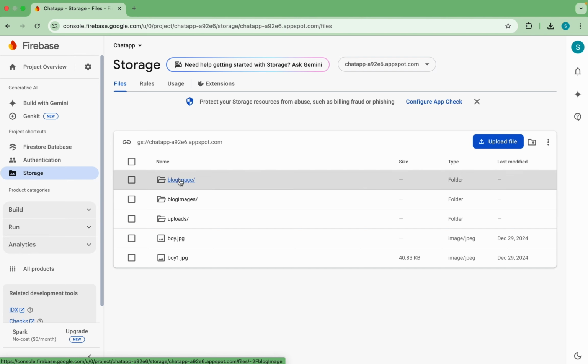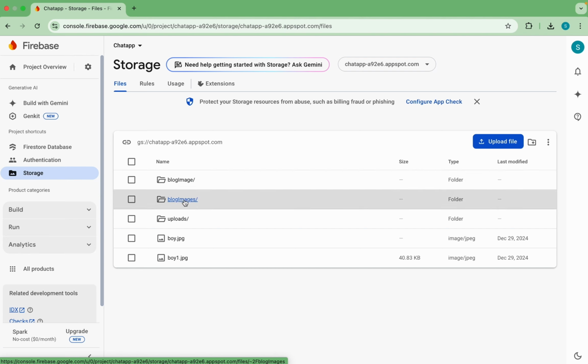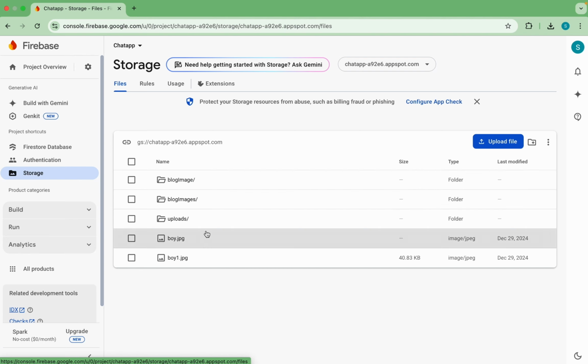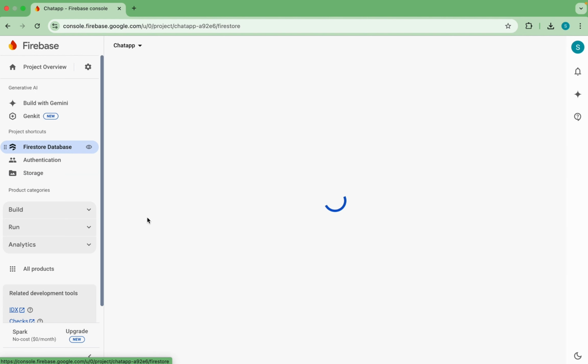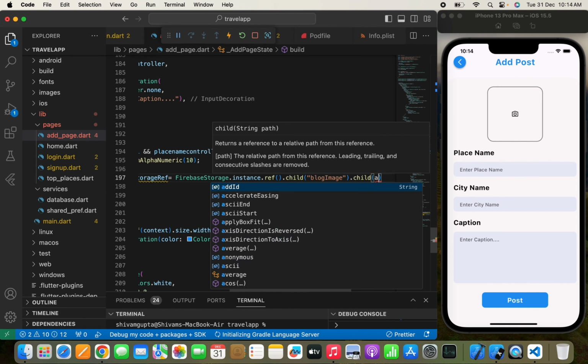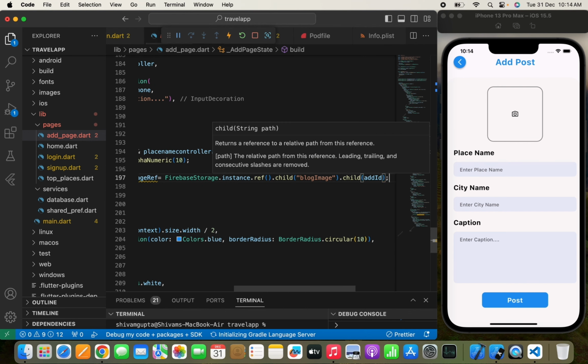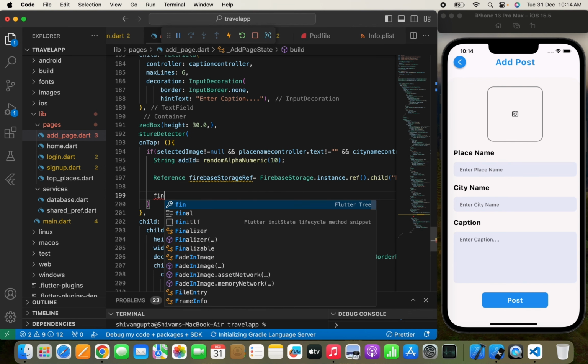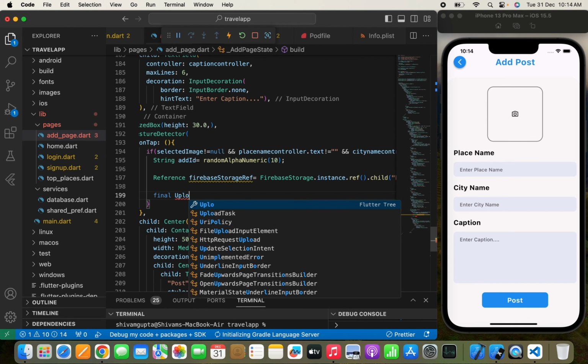Now here you can see that it will create this type of folder, blog images, and here it is going to upload one image after another. Yeah, so that's why I've written blog image over here, and we need to just write a child and an add id, something like this. Now once you have written all this, we just need to write a final upload